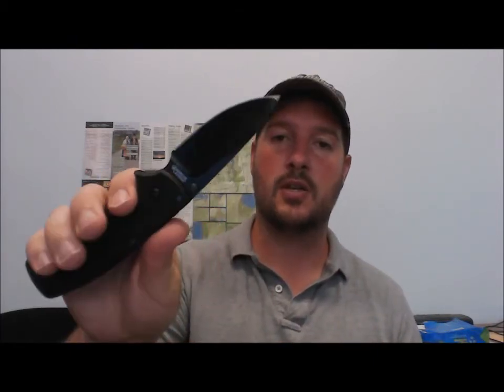Now, if someone says they want to spend a little more money, they'd like something a little nicer, they'd like something a little different, sure. Then I move into various other knives from Spyderco or Benchmade or CRKT or whatever. But in terms of just an extremely functional knife that is not going to fail you no matter what happens, you're hard-pressed to go wrong with a Cold Steel, any Cold Steel, and especially in terms of shape, size, and ergonomics, the